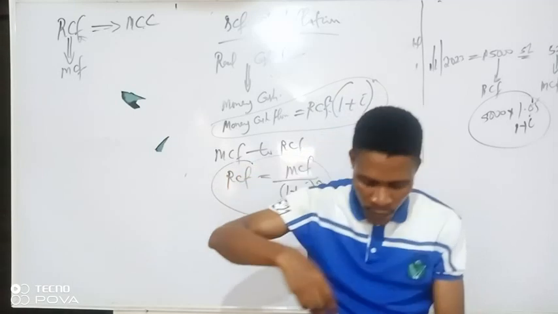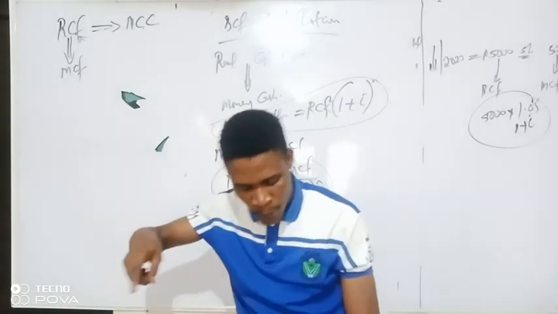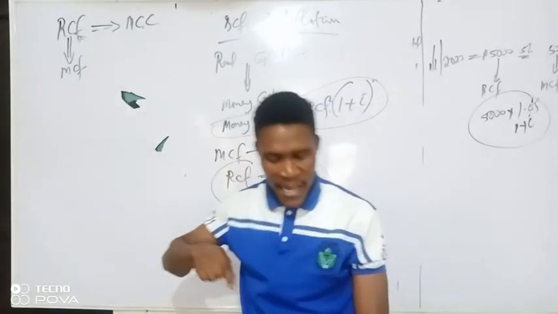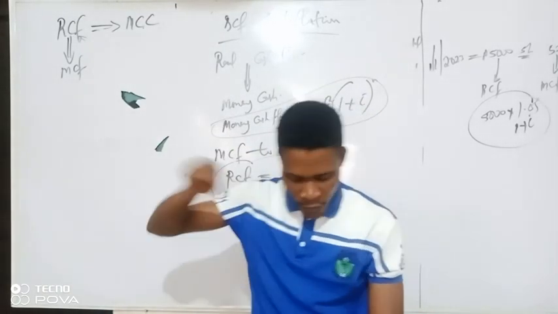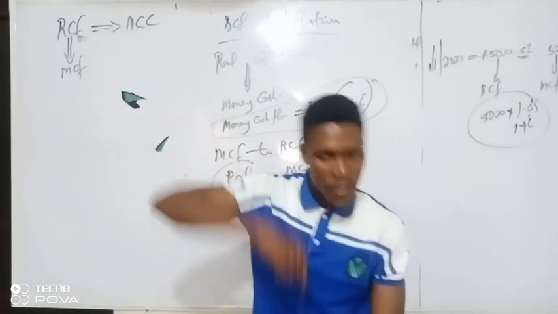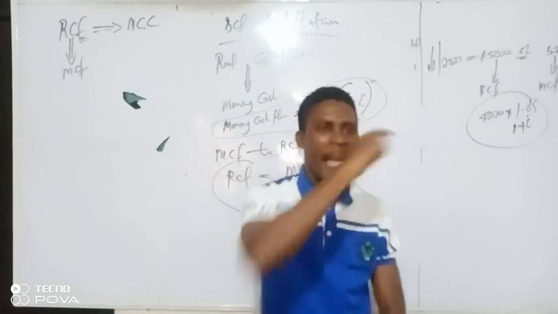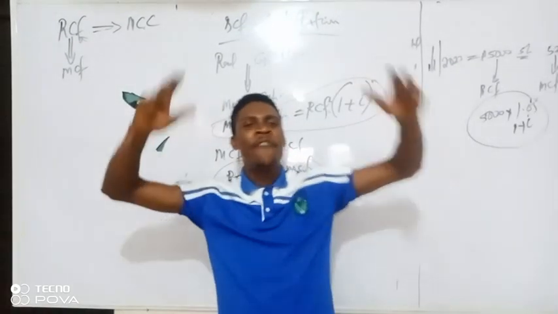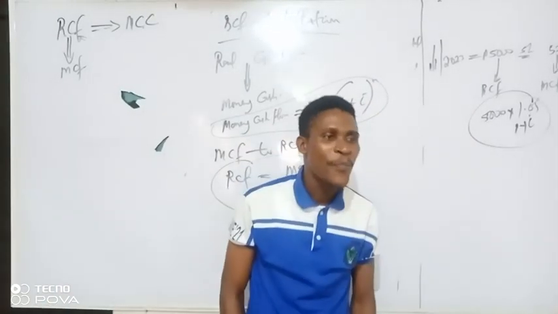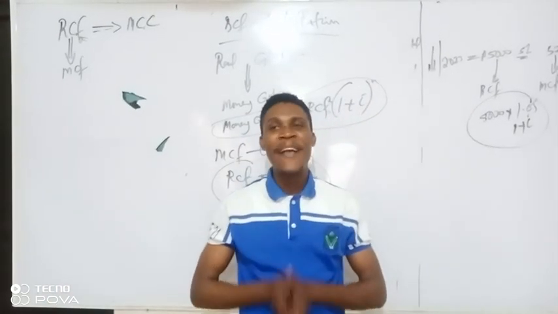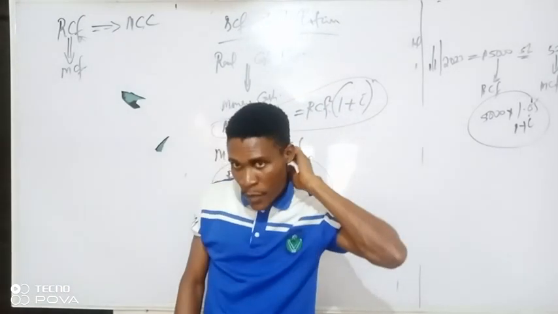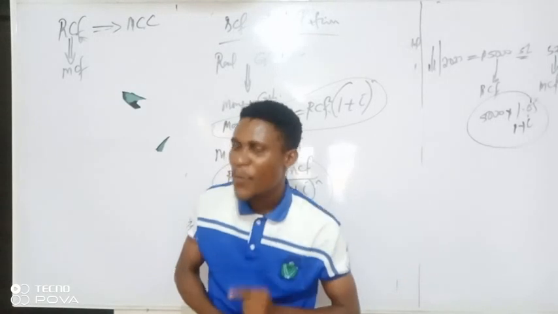Individual variables. If you go back to the question, it says the inflation rate is 5%, variable cost 8%, fixed cost 8%, equipment cost 6%. You can see all the variables have different inflation rates. Am I communicating now? So in that case, your best bet is to convert this to this.